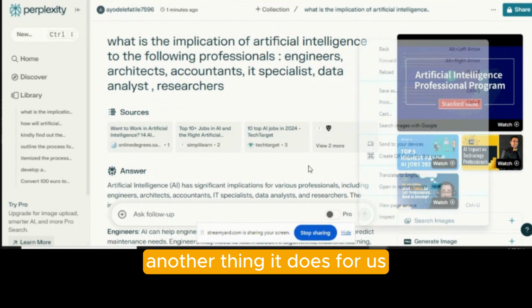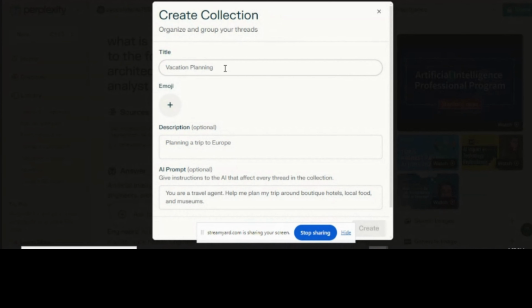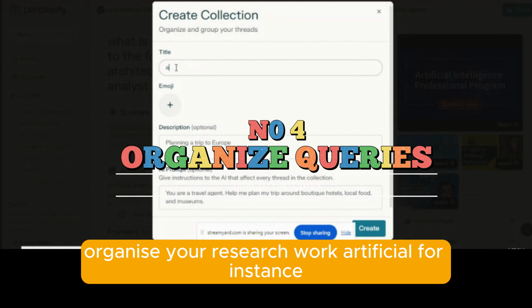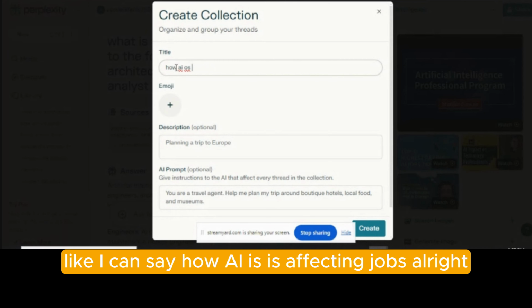Another thing it does for us is that it's able to even help us organize requests, organize your research work. For instance, I can say how AI is affecting jobs. All right. So